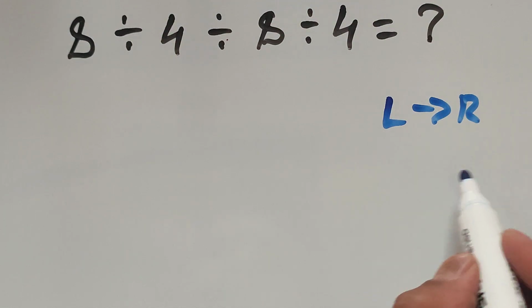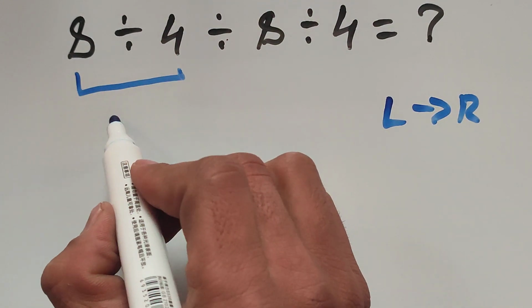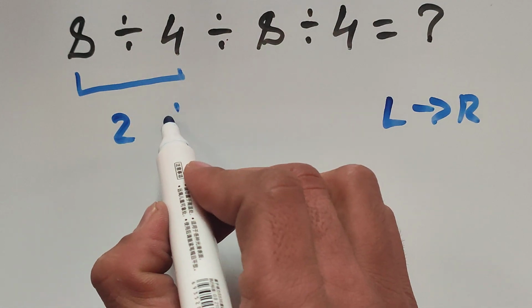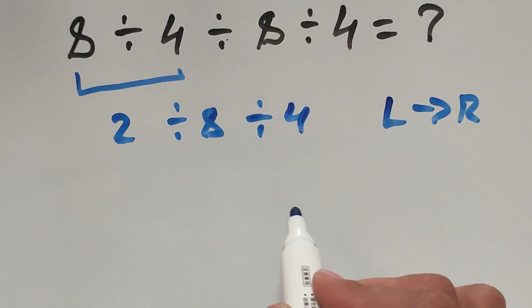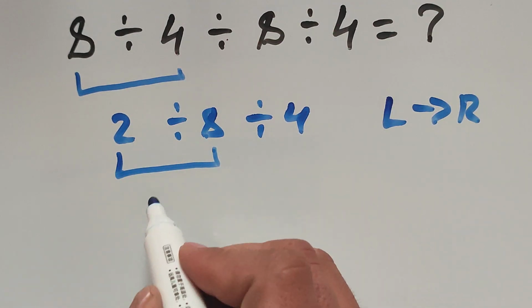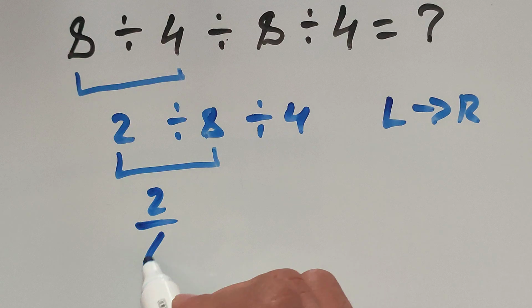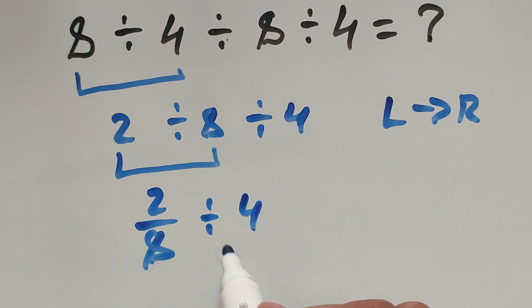And according to this rule, first we do this. 8 divided by 4 gives us 2, then 2 divided by 8, and then divided by 4. According to this rule, first we do 2 divided by 8, which gives us 2 over 8, and then divided by 4. Here,